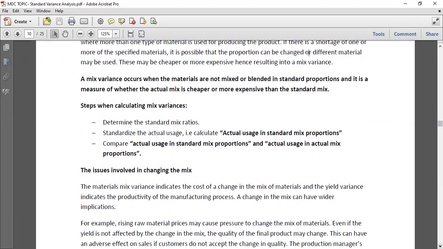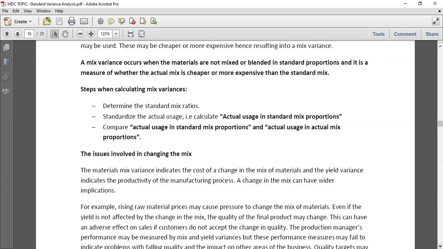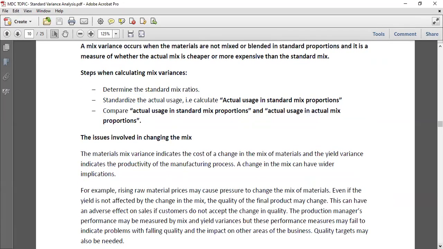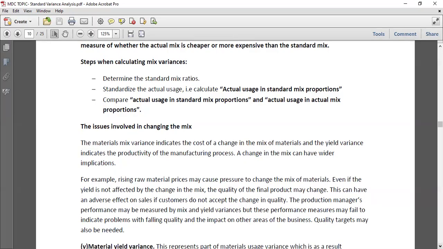So we have some issues involved in changing the mix. Remember, changing the mix may affect the quality of the product, and that would mean that our customers who buy from us will also be affected. So one of the things we want to do is not encourage, especially our production managers, to alter these